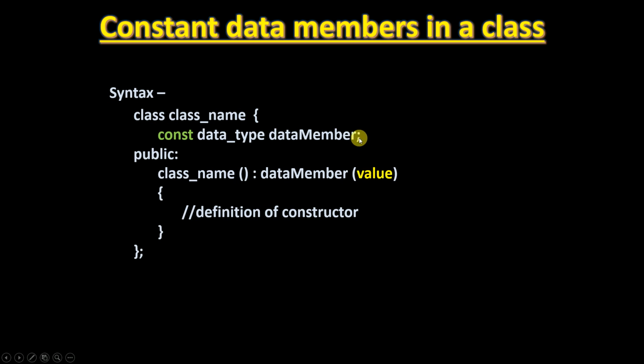Okay, that is allowed from the C++11 standard onwards. From the constructor, you provide the colon and the constant data member name, and the value you are trying to assign. Whatever is present in the member initializer, this is called the member initializer list. So whatever is present in the member initializer list will be executed before executing the